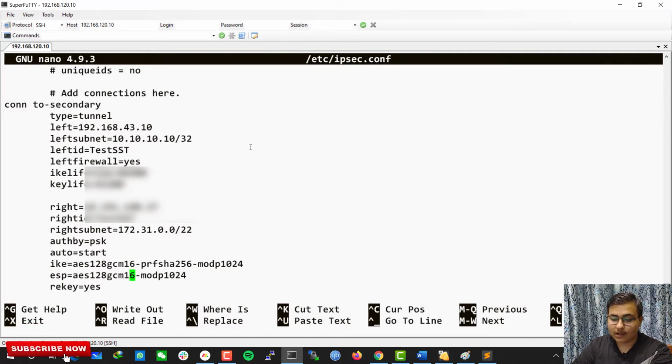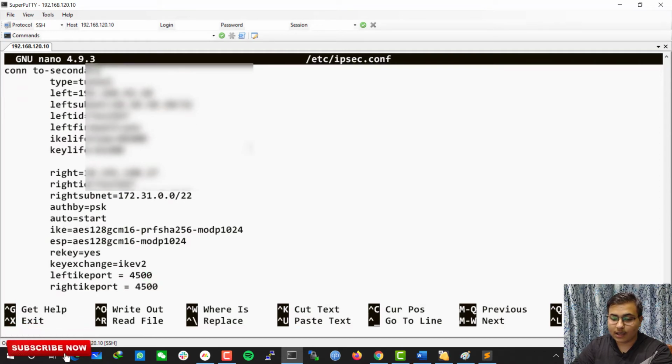in phase 1, and in ESP, meaning phase 2, also using AES 128 encryption, and PFS is 2, meaning modp 1024, and then I am using IKE version 2.